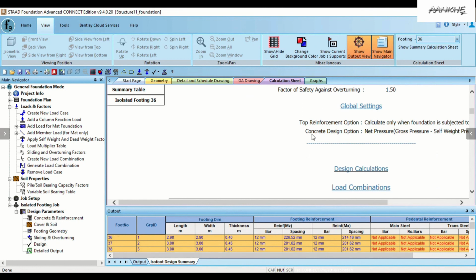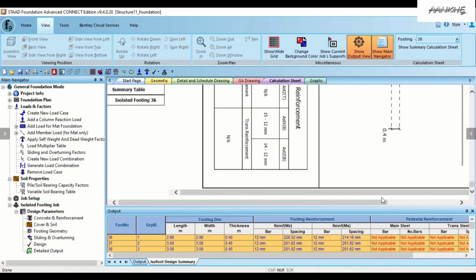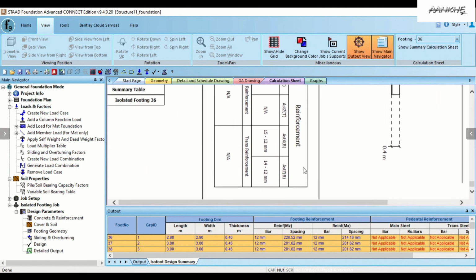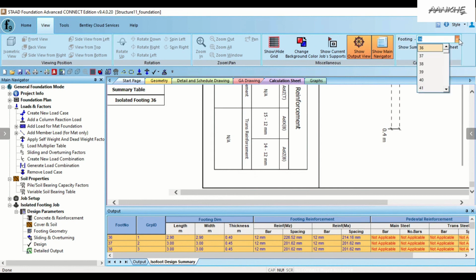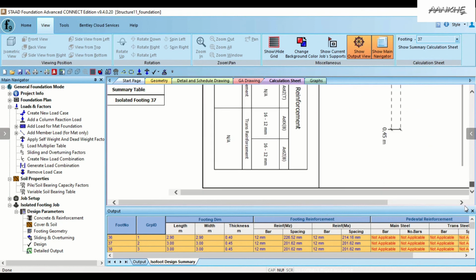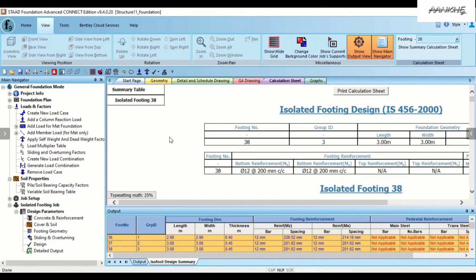So in that way we concluded the project, and we submitted the project at the client end. And to provide the report, you can directly take a printout of this calculation sheet. It is actually quite nicely presented. Whatever foundation you choose, it will show you that foundation and that calculation. From the right side drop down menu, you can select the foundation here. Okay, I hope that this is very clear to everyone.